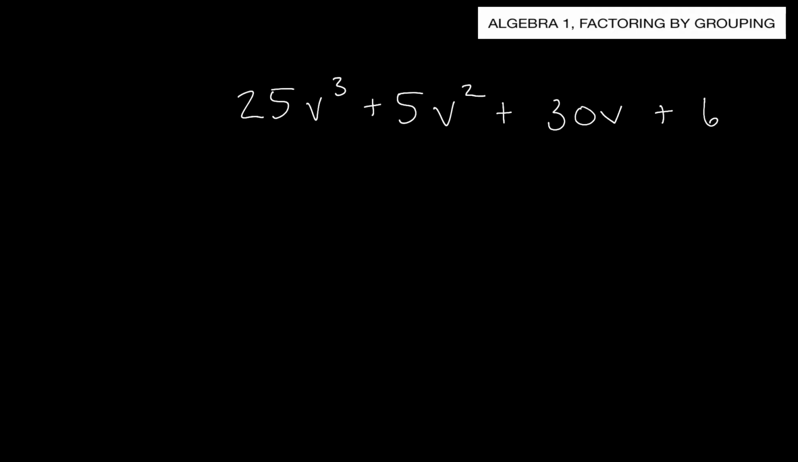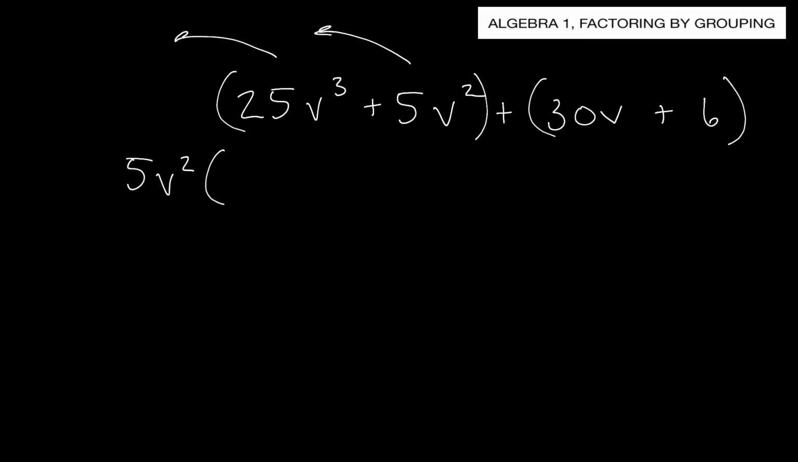Alright, here's our last problem here. 25v cubed plus 5v squared plus 30v plus 6. Alright, so we want to kind of group them like this. And we need to factor something out of this first one here. And that looks like it's going to be a 5v squared. Okay, if I factor out a 5v squared, that leaves me with